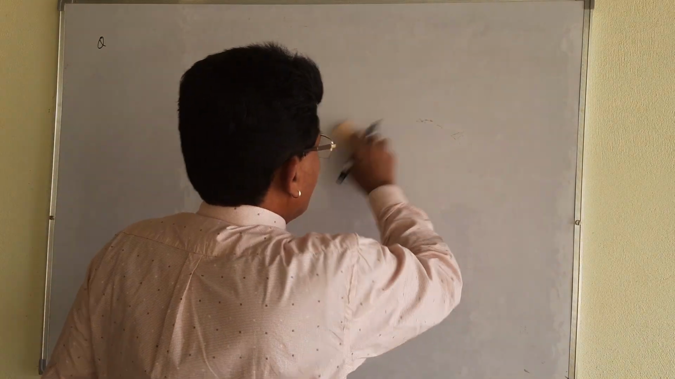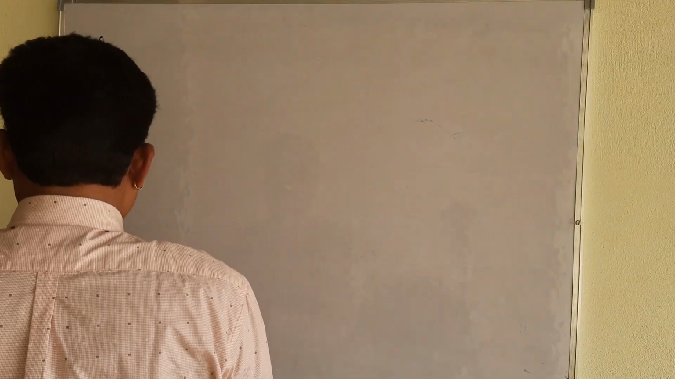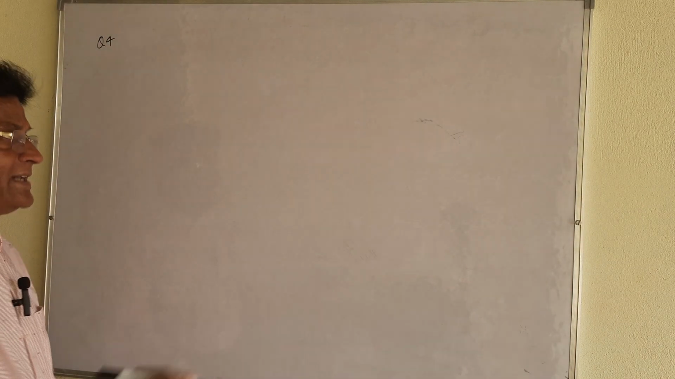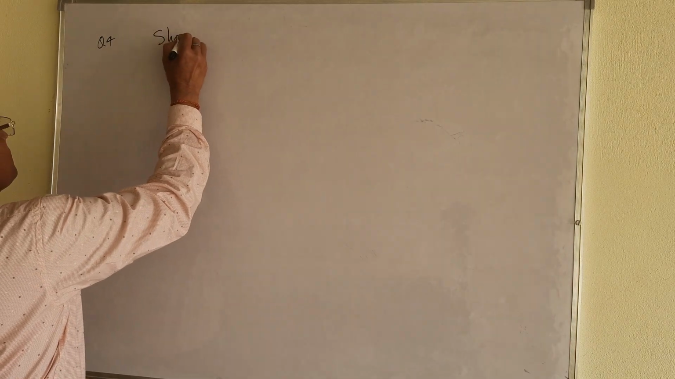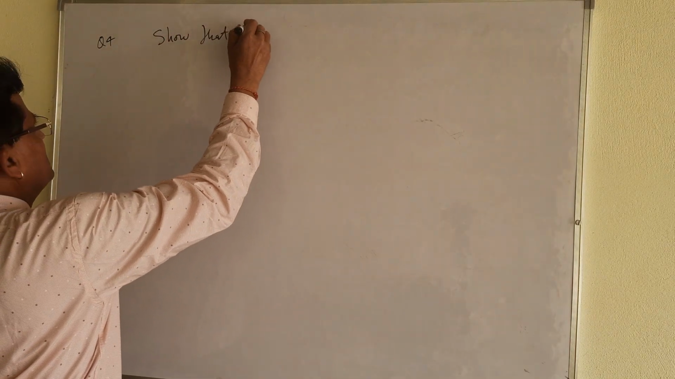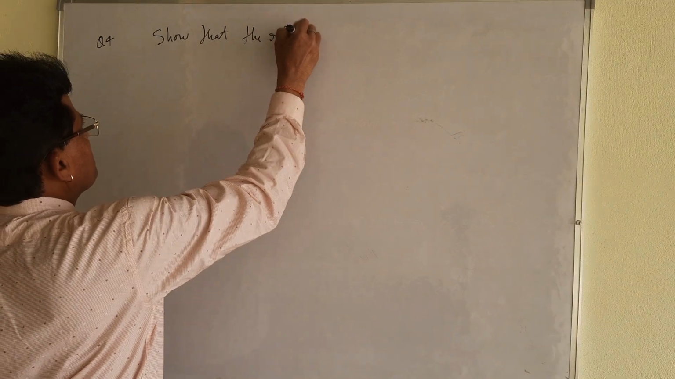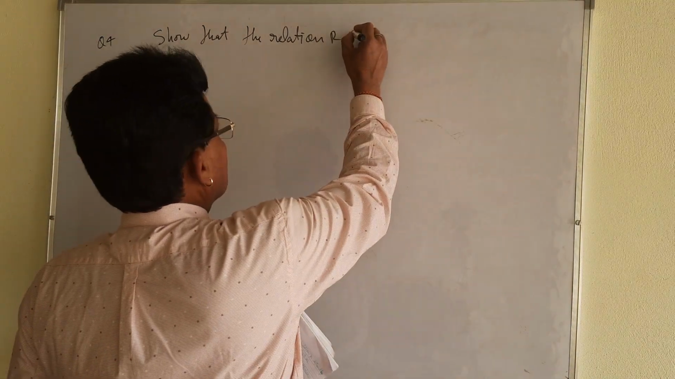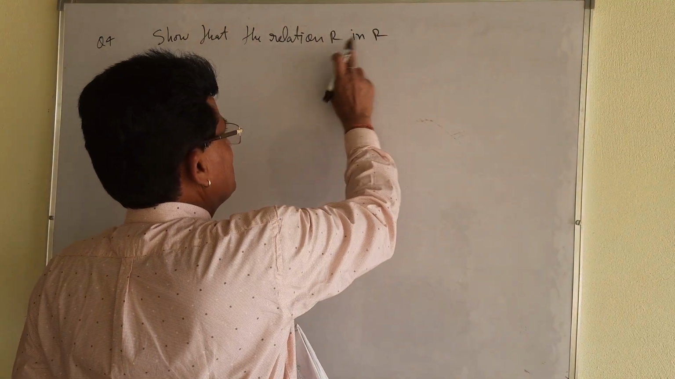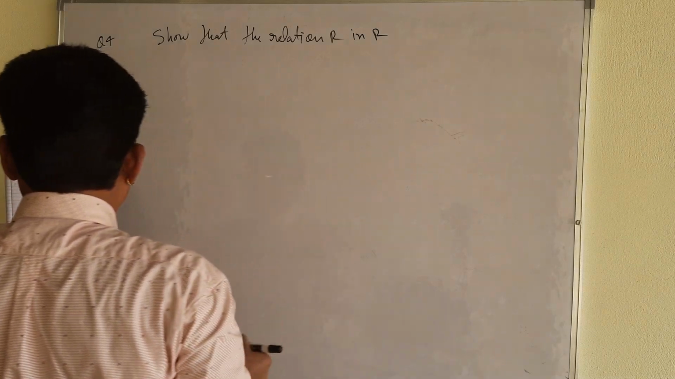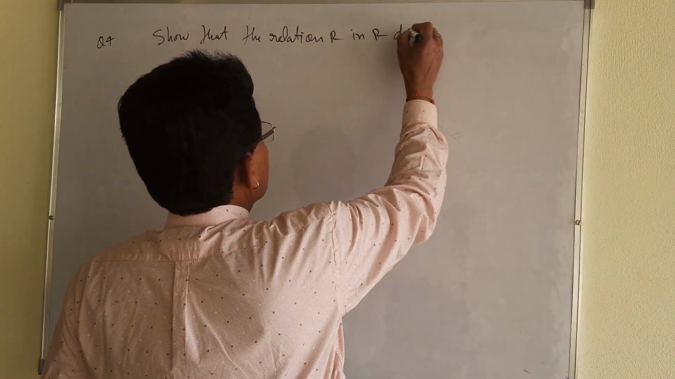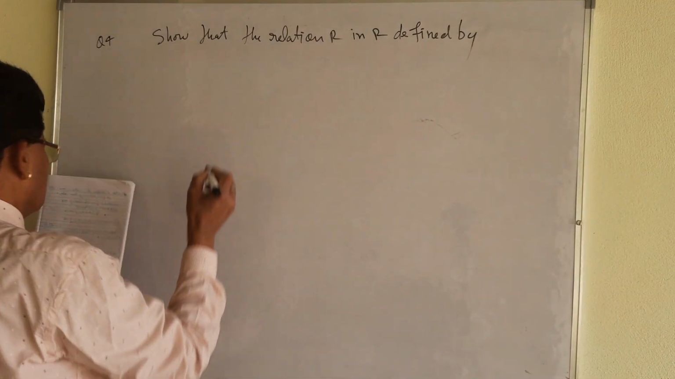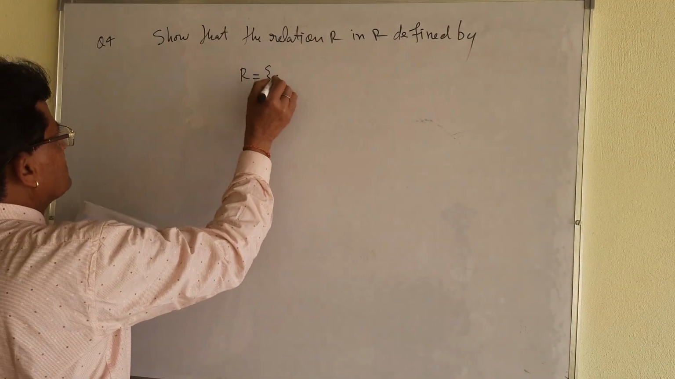Question number 4, which is also an important question. So that the relation R in R. In R means real number. R is defined by... You see the relation, what is the relation? R is equal to